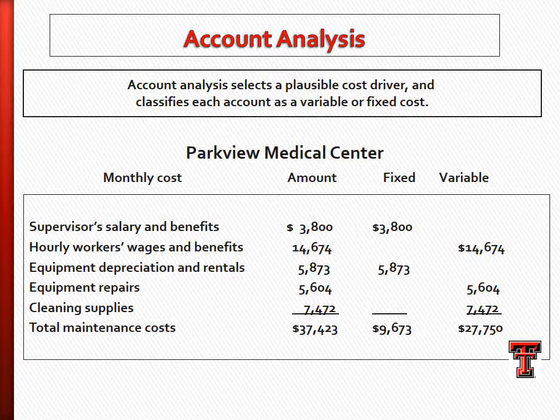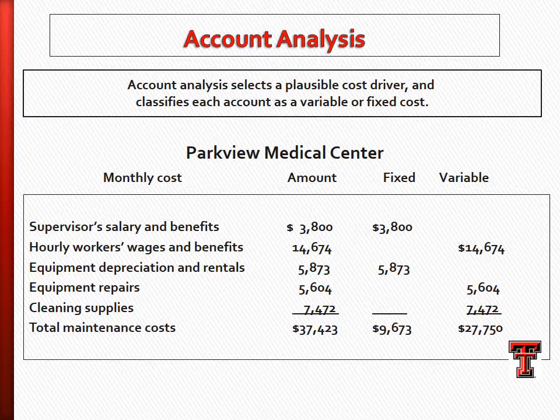But in this simple example, we identified supervisor salaries and classified it as fixed. We identified hourly worker wages and their benefits, classified that as variable. Certainly, equipment rental and depreciation is fixed. We identified equipment repairs as variable